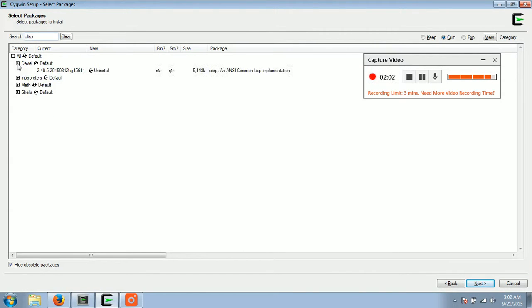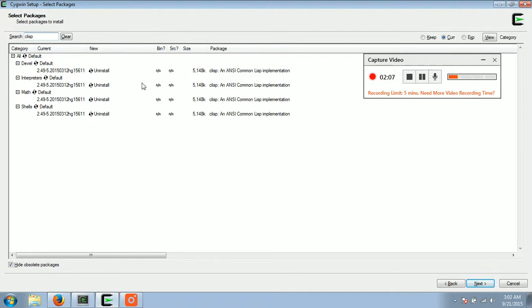And then once you do that, it's going to be a little different than how I have it viewed here. Here I've already got the binary. I've already got the source, so it's telling me that I'm uninstalling. But when you do it, it's going to be like binary or source, and you're going to click binary and make sure all of these are clicked. You want all of these: the development, the interpreters, the math, the shells. Click all those. Make sure they're all X boxes, right? X all those boxes, and then click next and go through the rest of the process. It'll install everything. It takes a little while, but it's well worth it